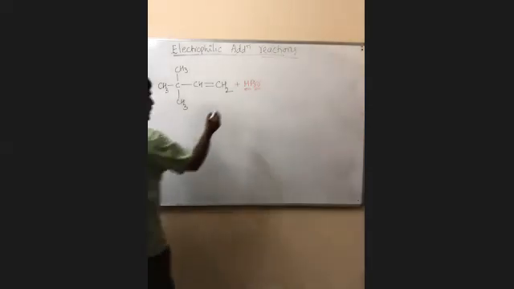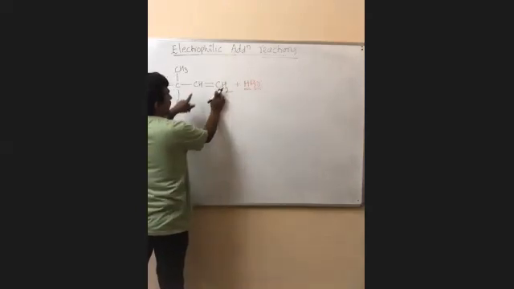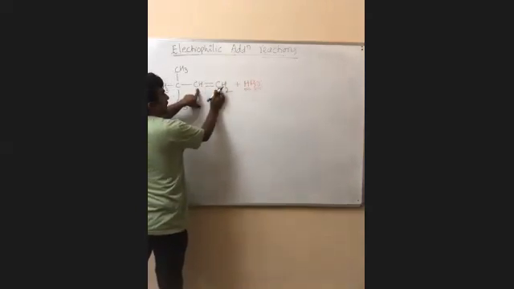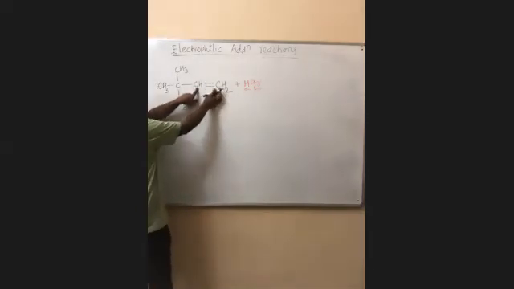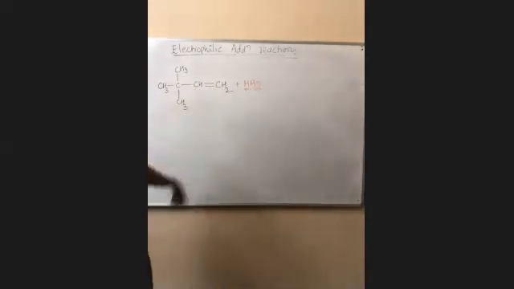First, will H go and bind here or here, you think? This carbon or this carbon? If it is this carbon, then this will get positive. Then does shifting take place or not, you think? And what is the product, you have to answer. So we can answer. Yes. Where will the bromine go, tell me.